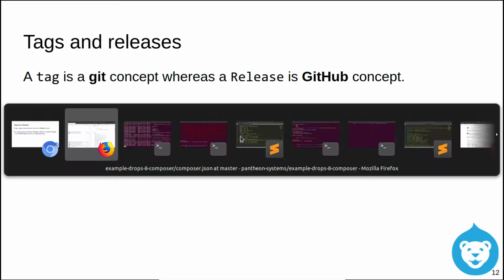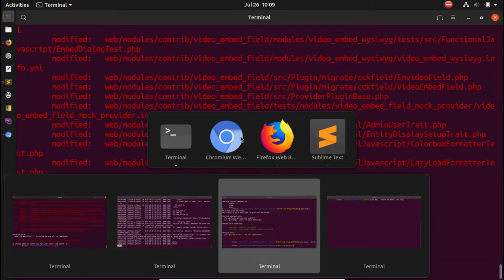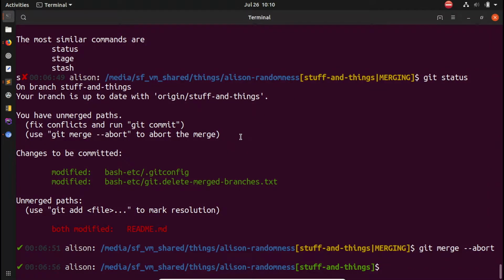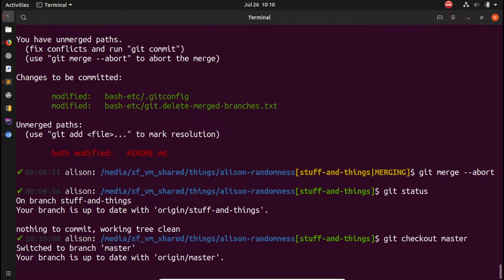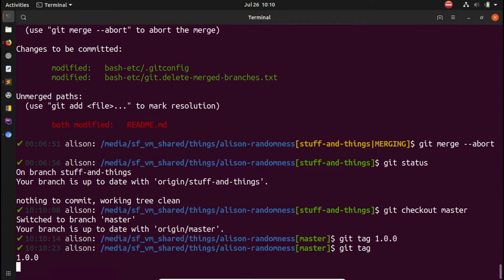So I'm going to show you. I'm here on stuff, and if I want to go to the master branch, okay, so let's say I'm ready to share a tag. I can say git tag, and I give it a name. So now there's a tag. That's the list. So if I check this tag out,